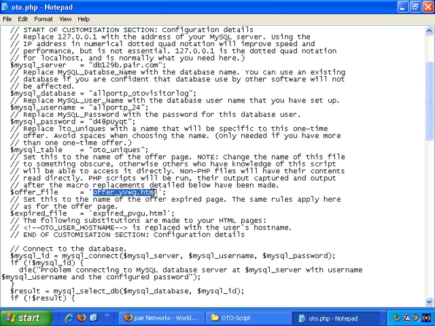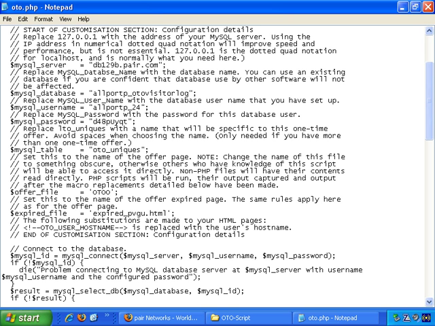OK, importantly, offer file. This is the name of the web page that gets displayed as the one-time offer. And yes, it's probably a good idea to change this from the default because you don't want people to be able to guess the name of your one-time offer page. For example, use anything that's difficult to guess. And if you make it upper and lower case, because often that makes it even more difficult to guess the correct file name, the web page name on many servers. So we could, for example, do one-time offer, or even one-time only offer,